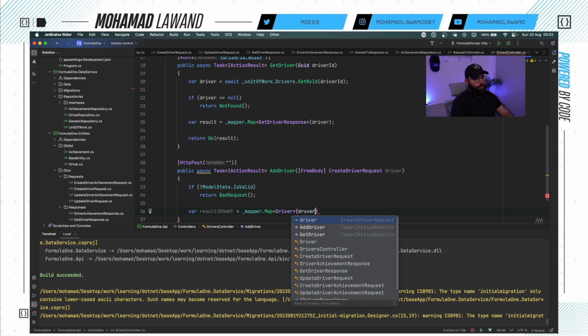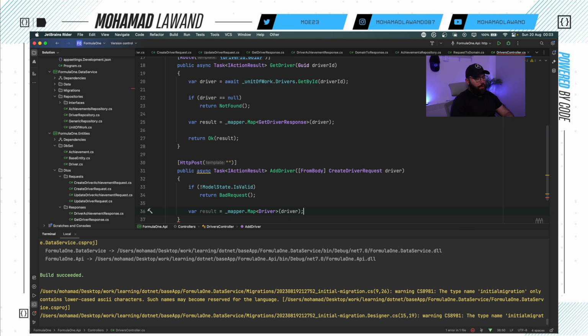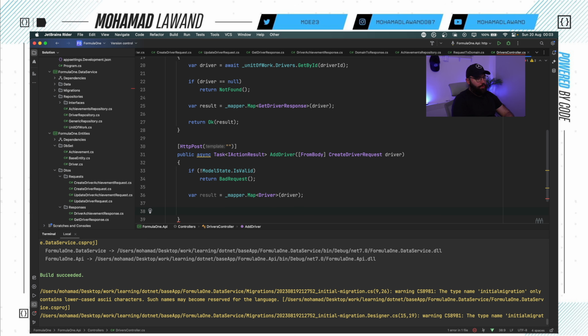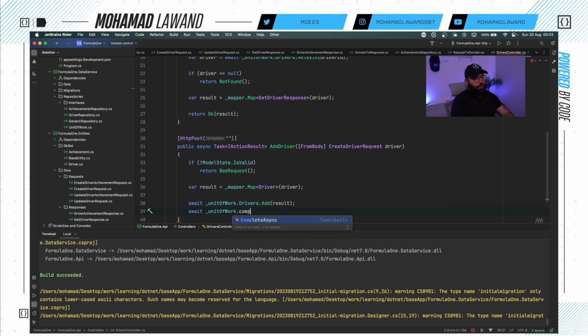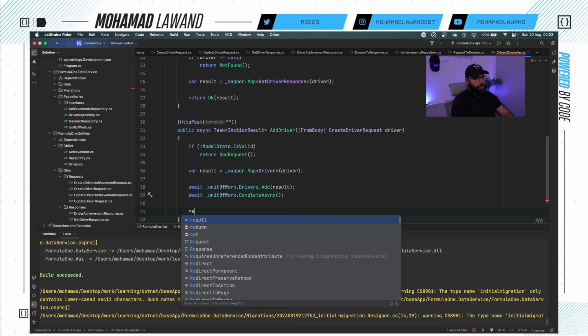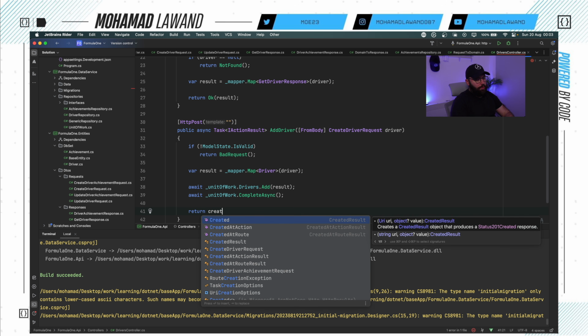From driver, and then I'm gonna put await _unitOfWork.Drivers.Add(result), await _unitOfWork.CompleteAsync, and lastly I'm gonna return the created at